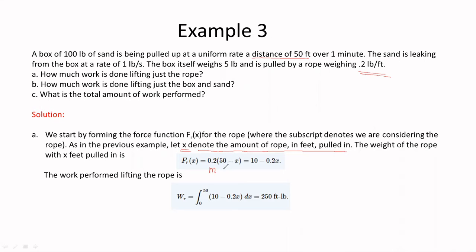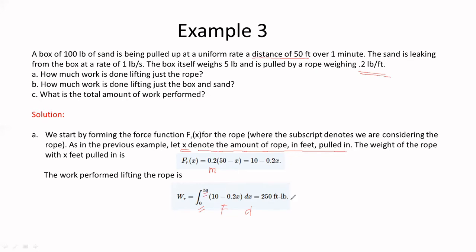So this is the mass, 0.2 pound per foot, times the remaining length that was not pulled in. So the entire expression is 10 minus 0.2x. So that would be the force. If this is the force, the 10 minus 0.2x, we need the displacement, which is the dx. And since we have a 50 feet distance, same also the length of the rope, then our integral will be integrated from 0 to 50,